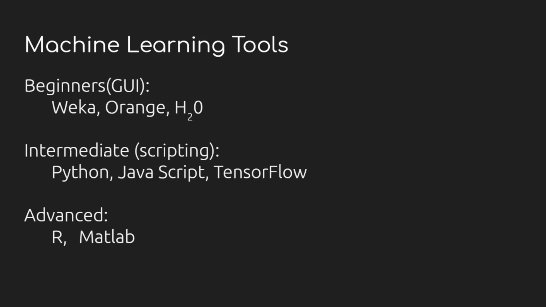If you are a very advanced learner, in the sense that you want to do research in machine learning, you can go ahead with Python also, which will suffice. Most people are going ahead in this area with Python. If you are very advanced, you can also use R for machine learning. MATLAB also has some beautiful libraries supported. This is for people looking into research. For a beginner, I strongly suggest going ahead with Weka and Orange, understanding what is going on, and then you can go ahead and do the things.